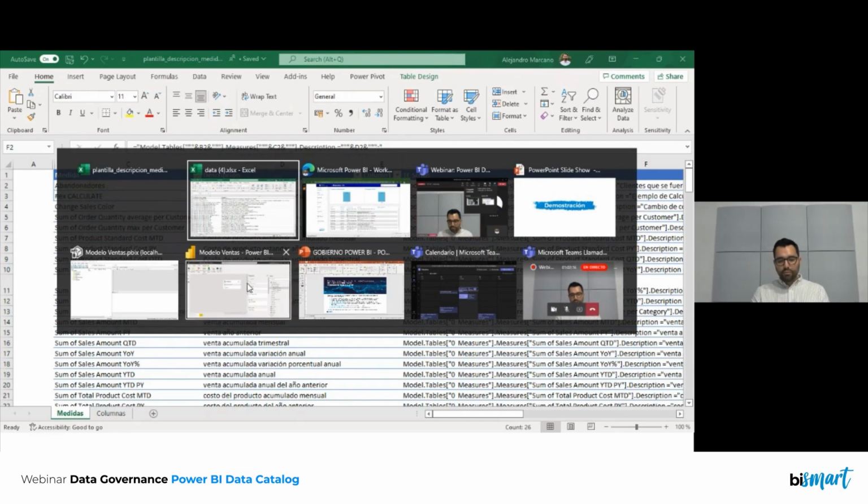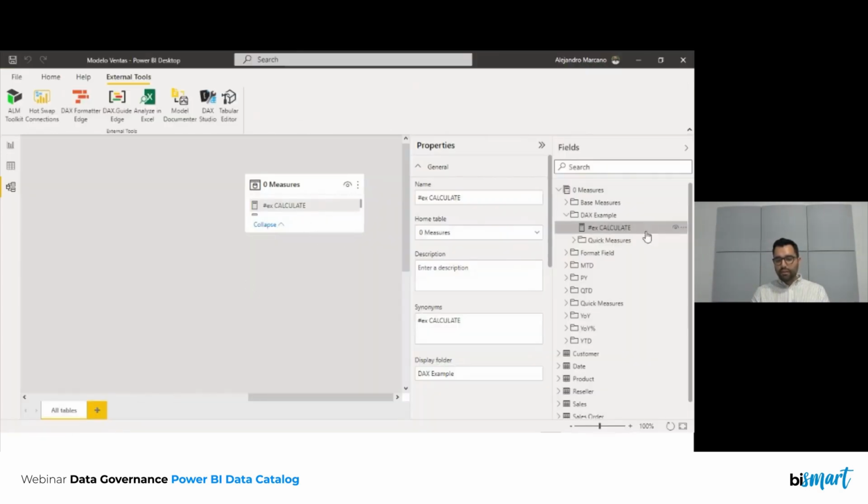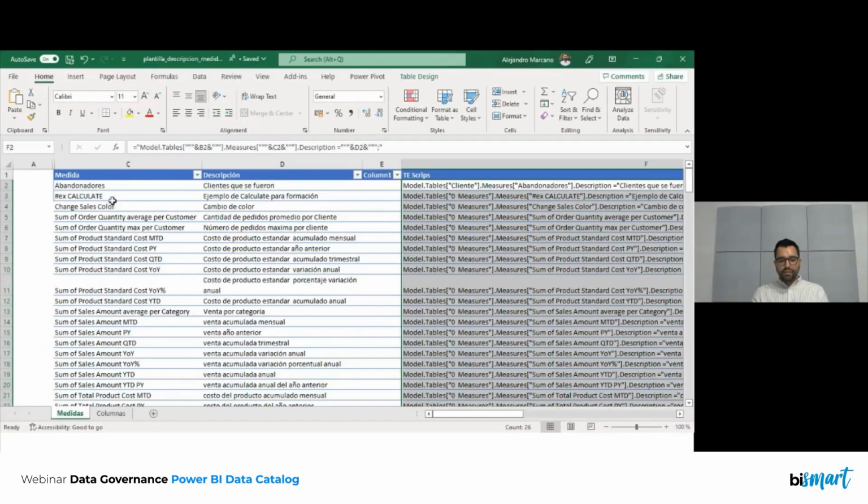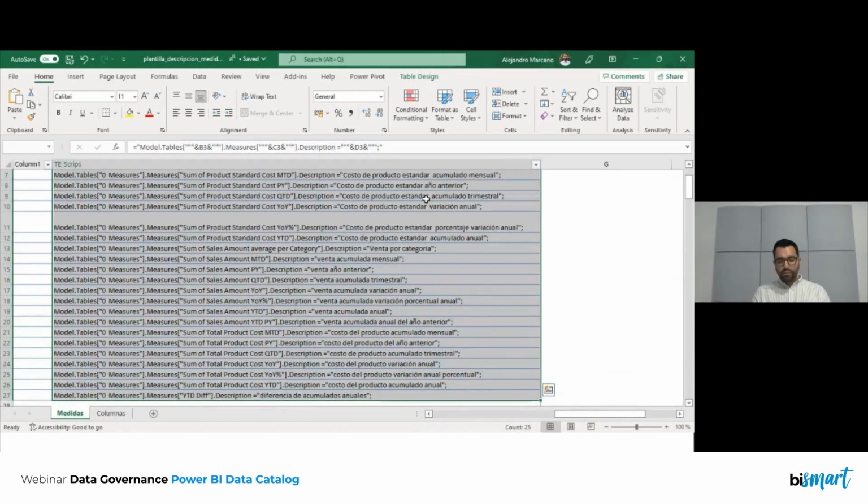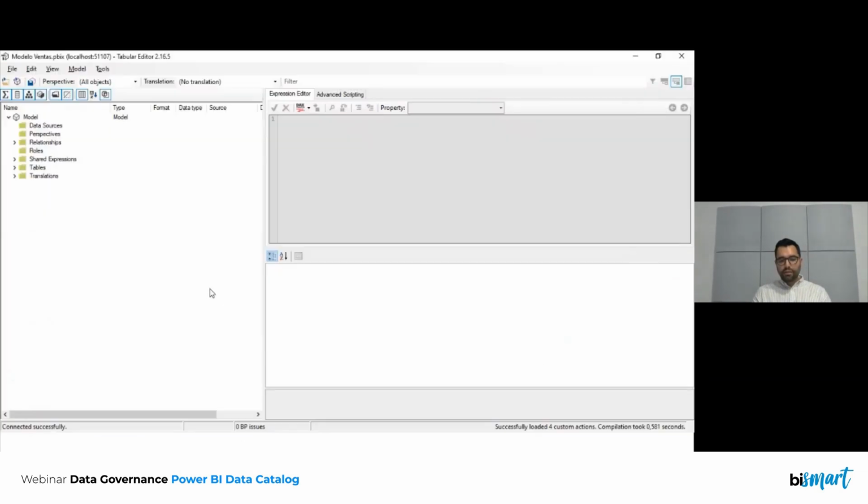So we check our Power BI model here. We see this measure in particular, this one that says xCalculate. In the description, we have absolutely nothing. This means that if I were to connect this model to our tool to include the descriptions, we would see what the change would be. Here we see the xCalculate, and I have provided a small description called "example of calculate for training." I copy this, and I am going to implement it with a tool